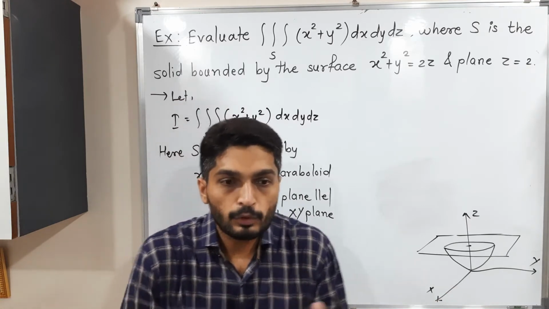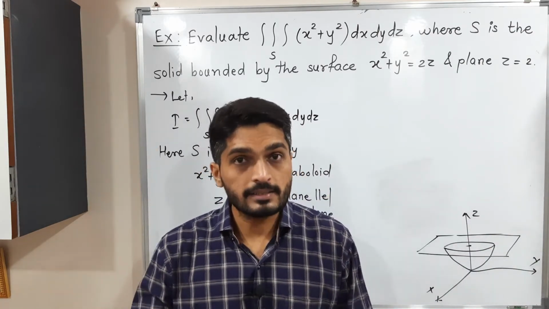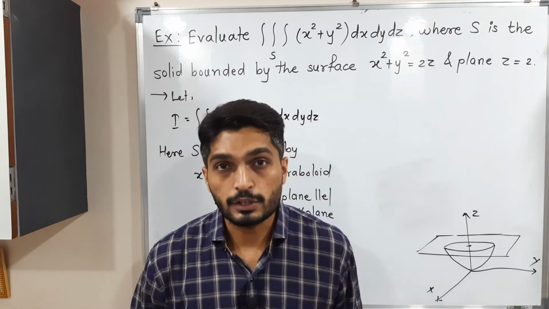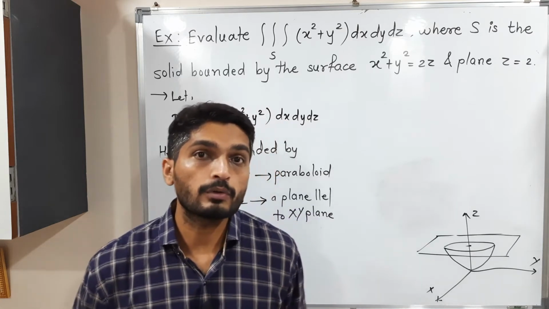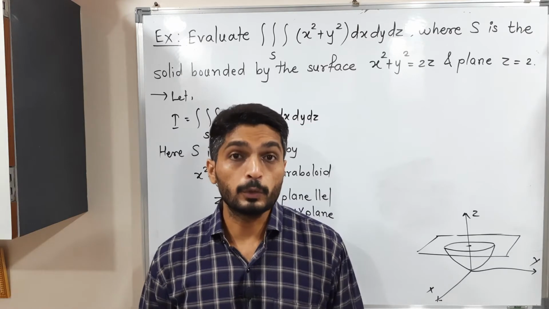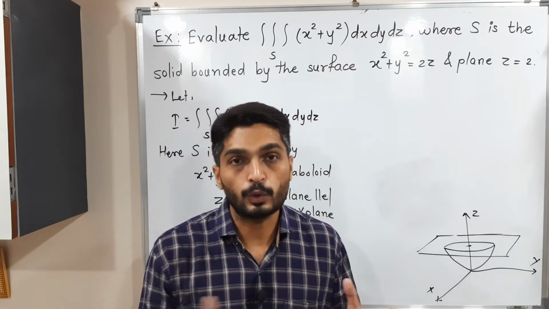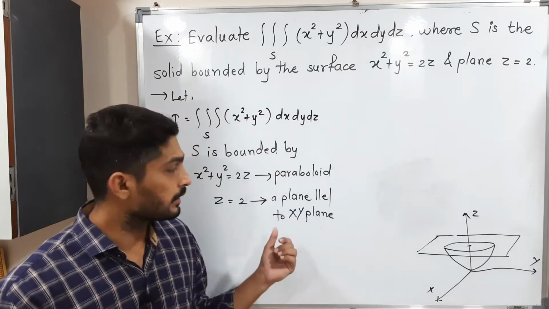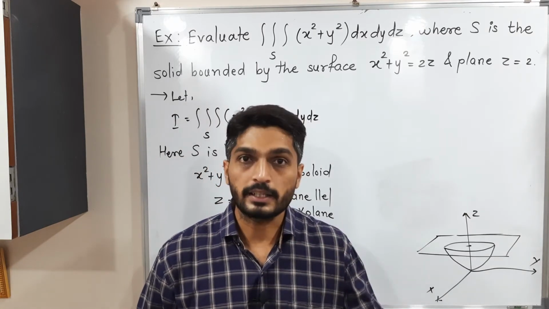So we have a paraboloid like this, as well as a plane. Definitely they will intersect somewhere. Here we will not get a point of intersection; we will have a curve of intersection. You know well how to find a point of intersection: we put one equation into the second equation and solve. To find the curve of intersection, I will do the same.